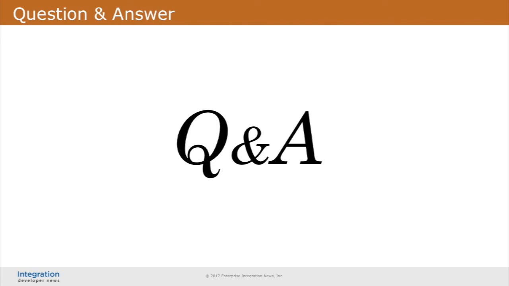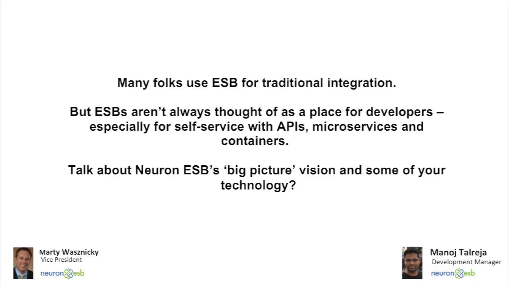You know, guys, it was so provocative. In fact, I wonder if we could just take a step back and level set a little bit about the thinking that went into bringing the Neuron ESB platform into this world of microservices and containers. I think a lot of our attendees think of ESBs as a really great, well-proven technology for traditional integration, but they don't necessarily think about it as something that could help them with app development in this new world. Could you walk us through your thinking, and what are people missing about the architecture of Neuron ESB?